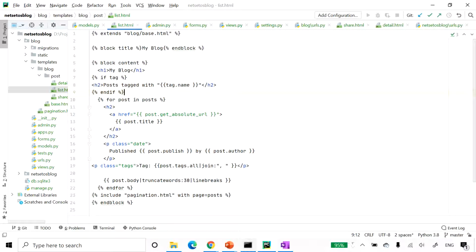After that, if a user is accessing the blog, they will see the list of all posts. If they filter by tag, they will see the tag that they are filtering by.